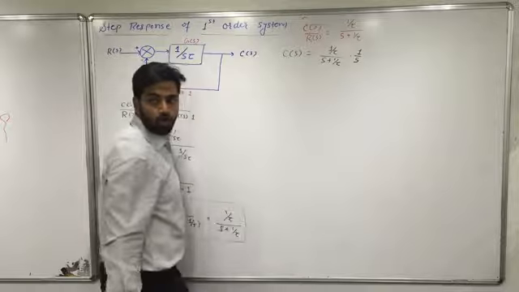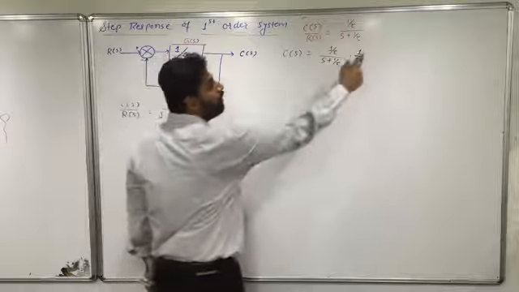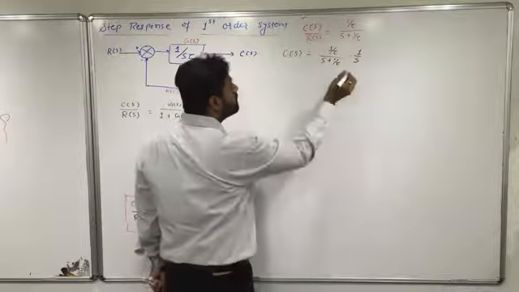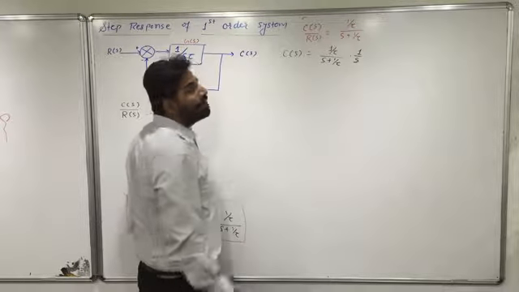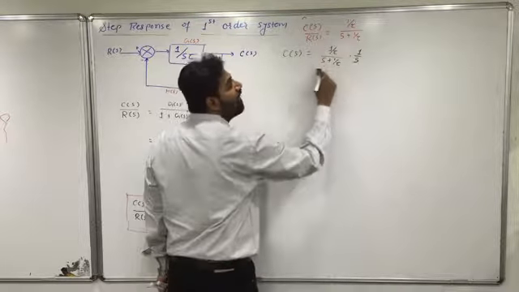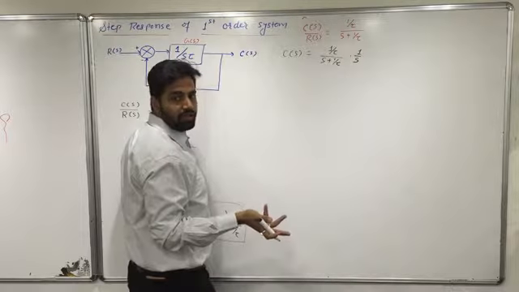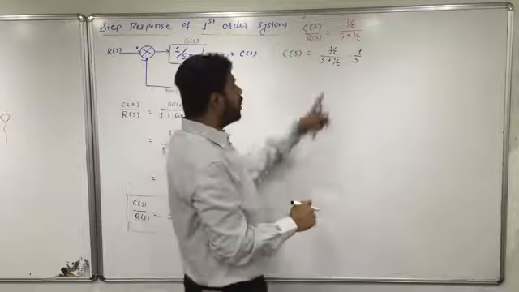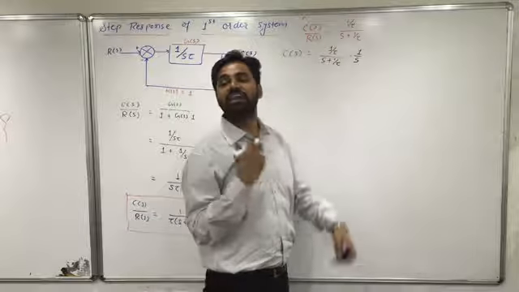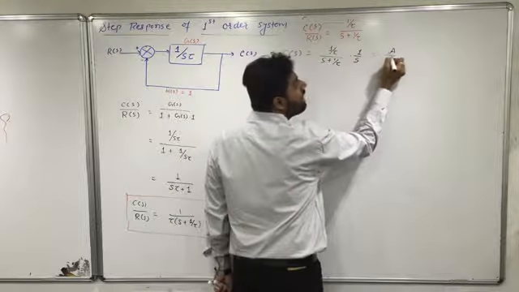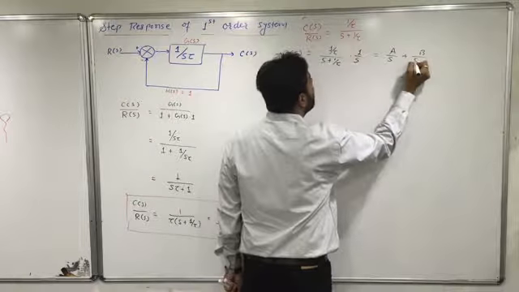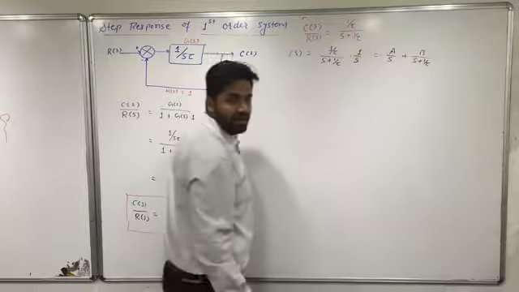I hope it is clear to all of you why I have kept 1 upon s instead of R of s. So I have got a function. I have to take just the Laplace inverse of it now. When I take the Laplace inverse of this particular function, I will get c of t. Fine. So I know that I cannot find the Laplace inverse of this function directly, so I will go for the partial fraction approach. So that is equal to A divided by s plus B divided by s plus 1 upon tau. Fine. Okay.